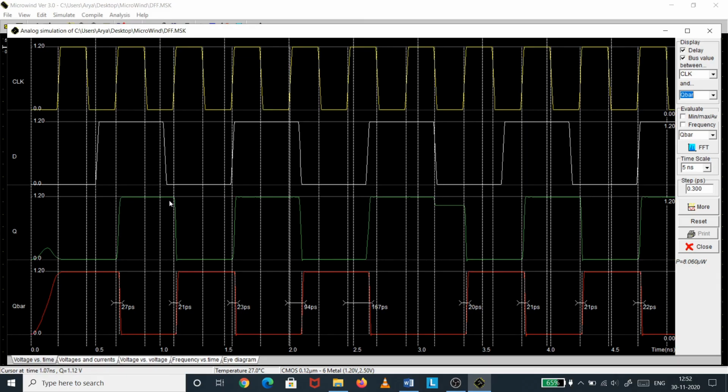It will hold the same input, or Q will be D till the second positive edge of the clock appears. So your Q will be D when there is a positive edge of the clock, and it will change when there is the next positive edge of the clock. So this is the output of the D flip-flop when we implement a D flip-flop using transmission gates in Microwind software.